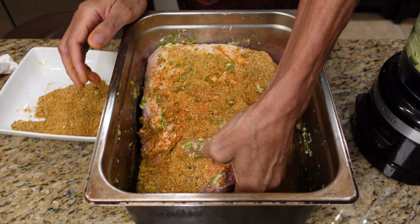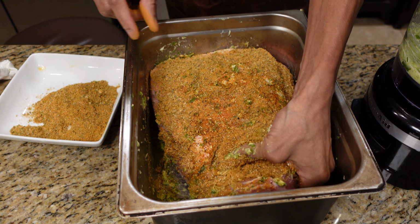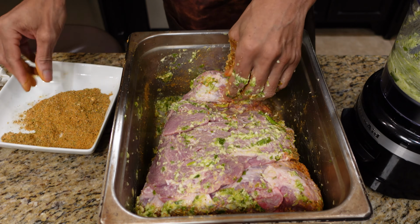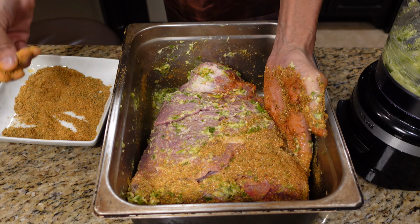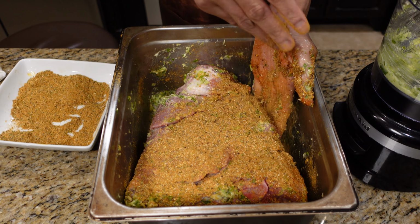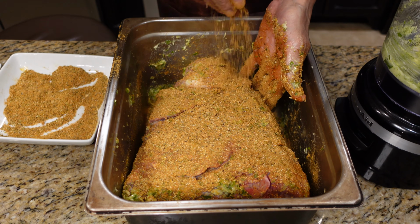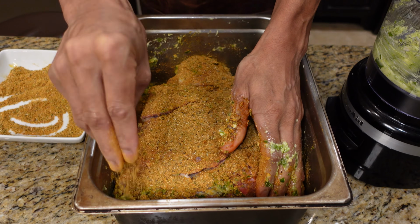So we're going to coat it nicely, front and back. Just like this. And you're going to use a good amount of this. And right before it's about to go on to the cooker,